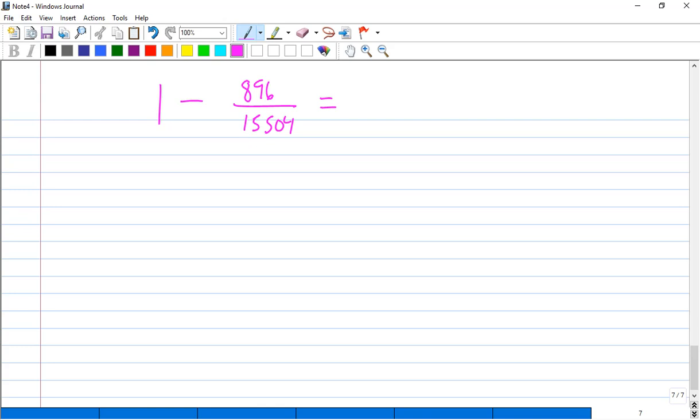All right, so do that in your calculator and you'll get 0.9422. So there's a 94.22% chance that less than 4 of the vessels that were destroyed would be carrying nuclear weapons. Kind of a weird problem, but